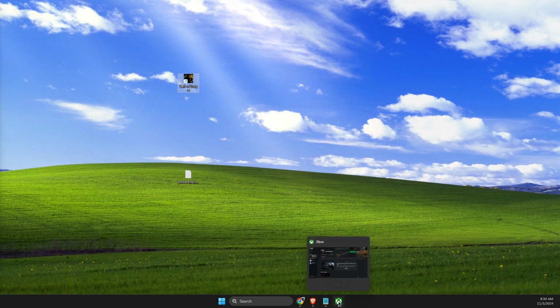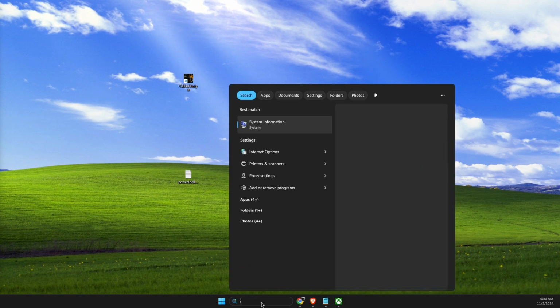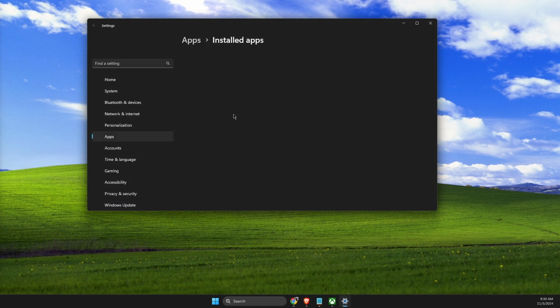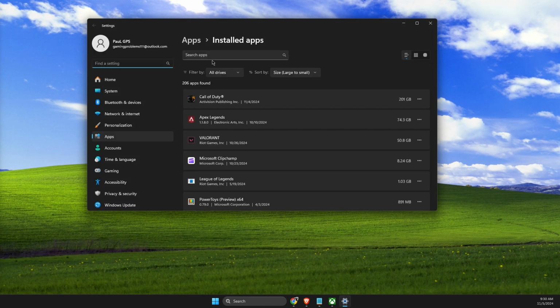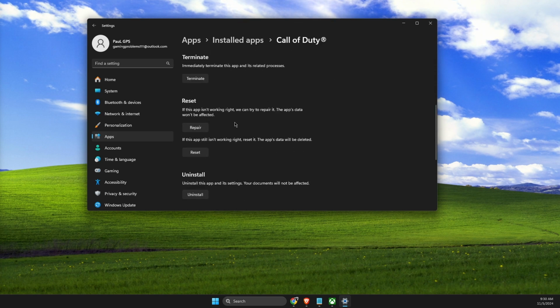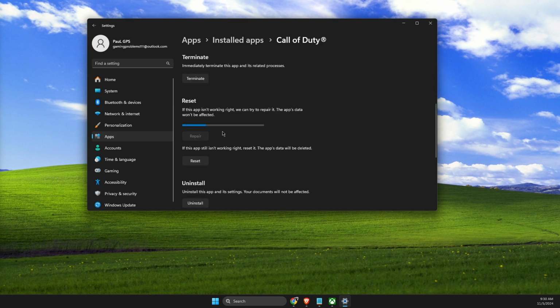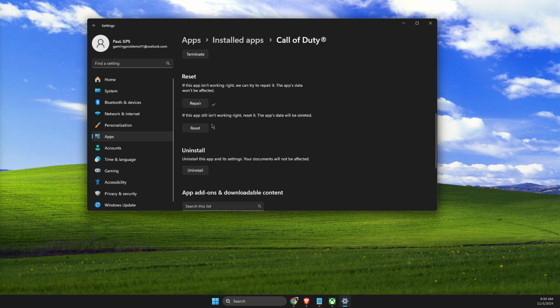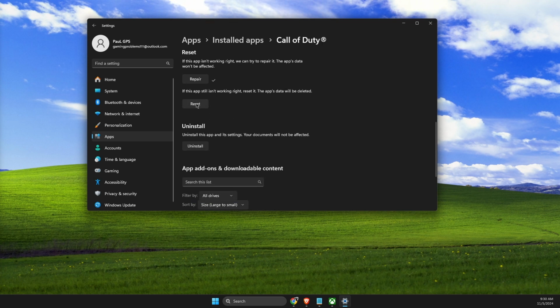If the problem persists, then what you need to do next is go to installed apps. Then look for Call of Duty here, then press on the three dots, then go to advanced options. On advanced options, scroll down until you see a repair button, press on that. And also, as you can see here, there is a reset button, but the